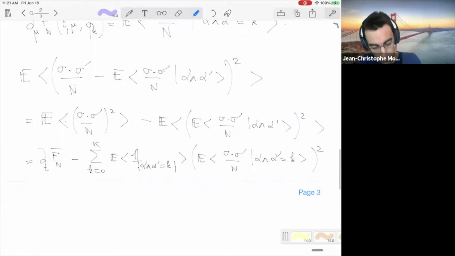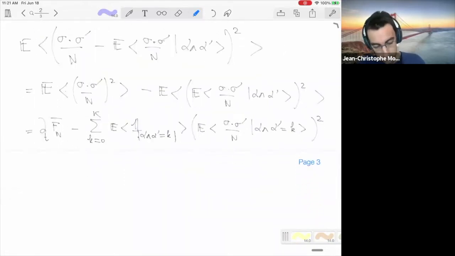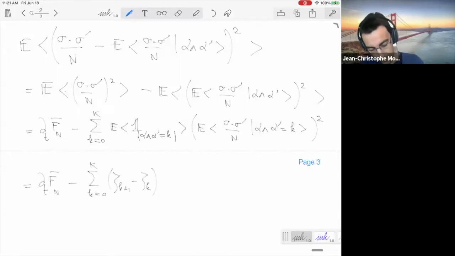So let me rewrite all this. This is equal to partial t fn bar, this is an n, minus the sum over k of zeta k plus 1 minus zeta k times d mu fn bar t mu qk